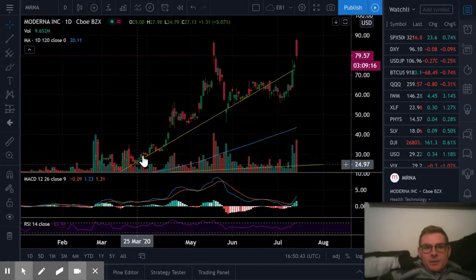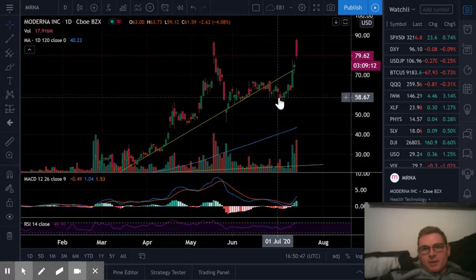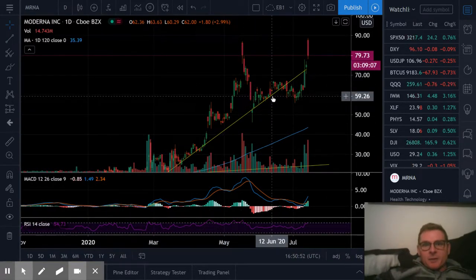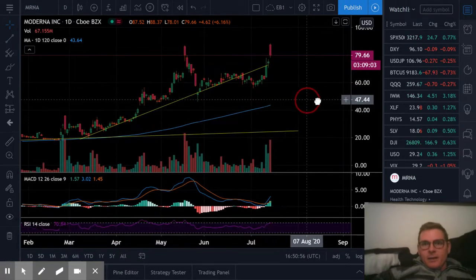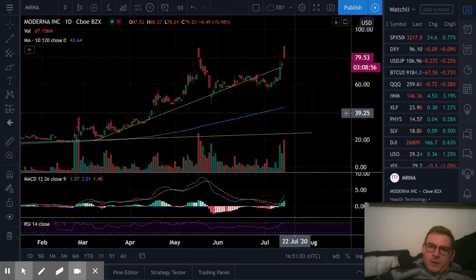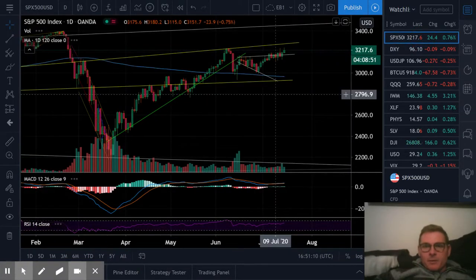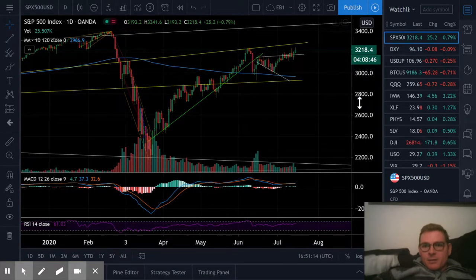But this whole zone, I mean, this was a wild one this whole time until it broke down under the trend line. It was really, really good for day trading and swing trading this whole time. And this is still one of the leading candidates for the vaccine here. And yeah, if it picks this trend line back up, it'll be pretty interesting. But anyway, that's mRNA. But that's a good example of how a lot of these biotech stocks have been trading. And then on the S&P today,